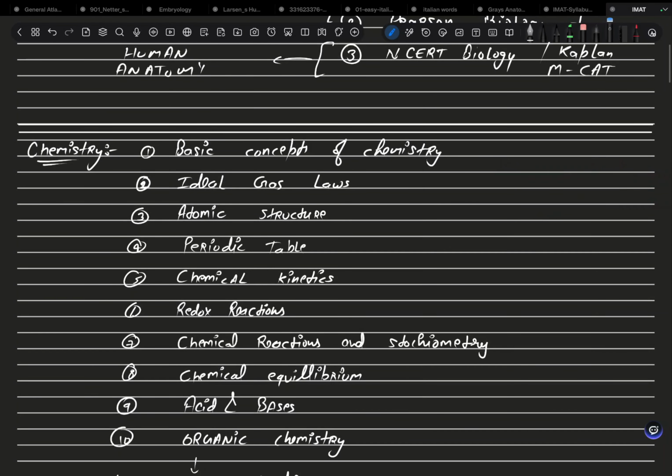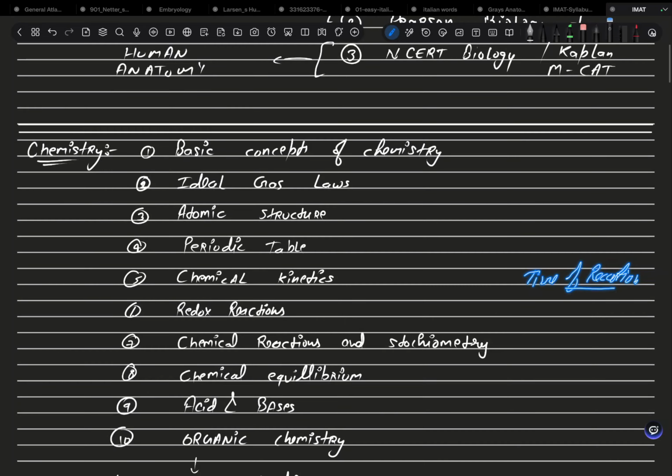Then there will be the periodic table, which will be helpful for you to study different properties of different groups and periods of the periodic table. Okay, then there will be chemical kinetics, where we will be studying the rate of reaction, and by this we will figure out different things like rate constant and time of completion of the reaction. Okay,